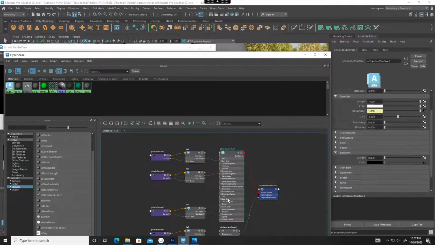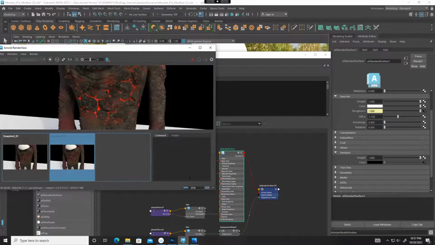I'm going to turn it on here. I'm going to check the emission is off. So I'm going to just bring it all the way up. And then I'm going to test it again. So hopefully that gave me a little bit of difference. I see it changing now. So you can see